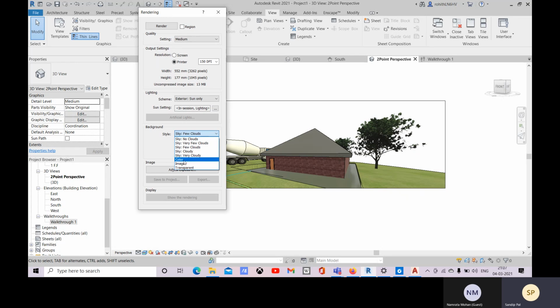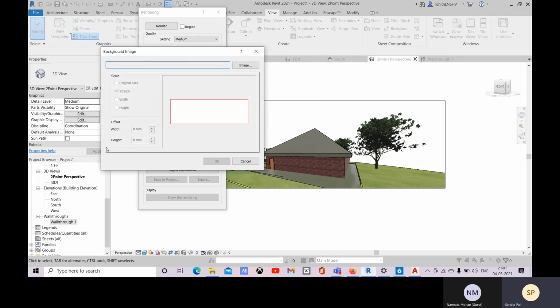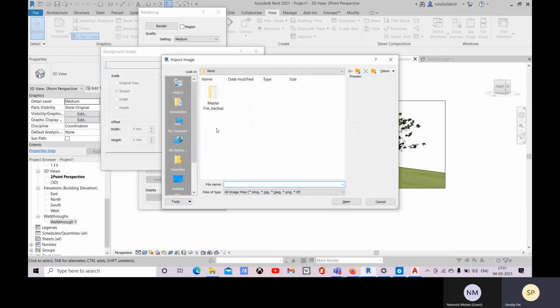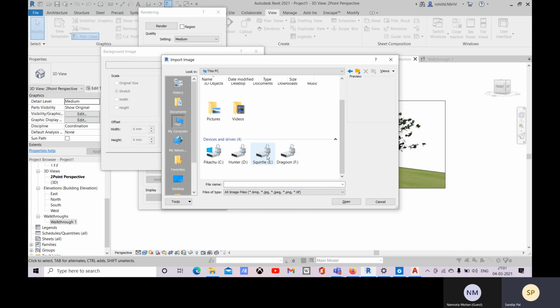Okay, so you can go with one solid color. For that, choose color, and you can define one solid background color. And if you have your own image background, then you can choose the image. Let me just show you.